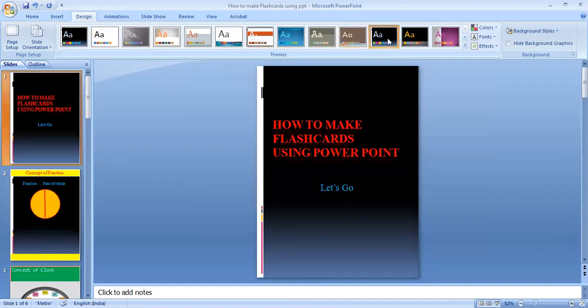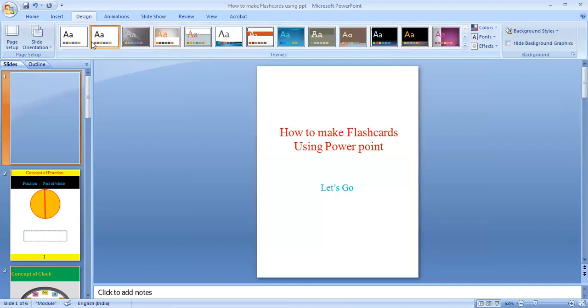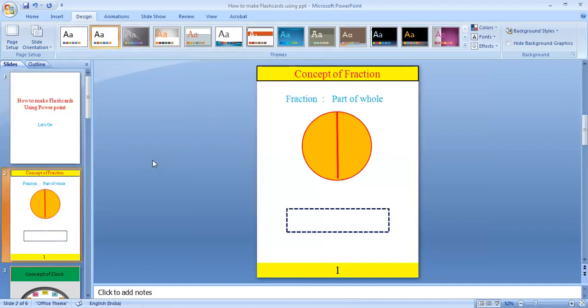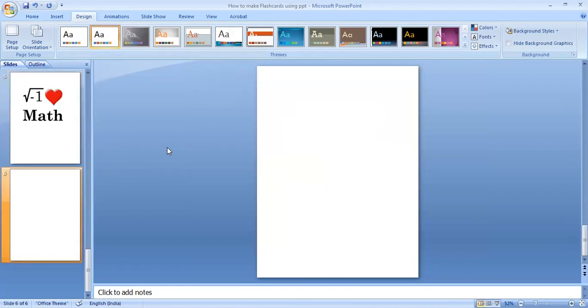These are all already given. Otherwise you can make them yourself also. This one I already made. Now here I put also a sample of my original flashcard that I have to show you.